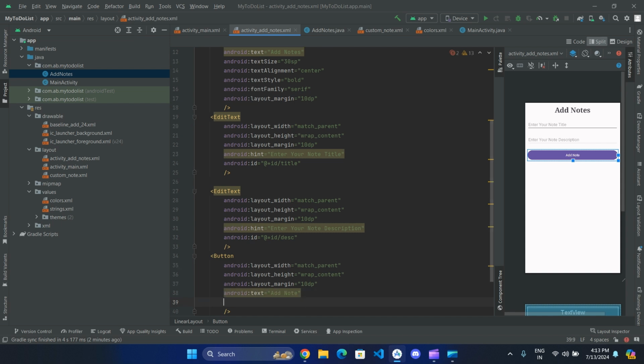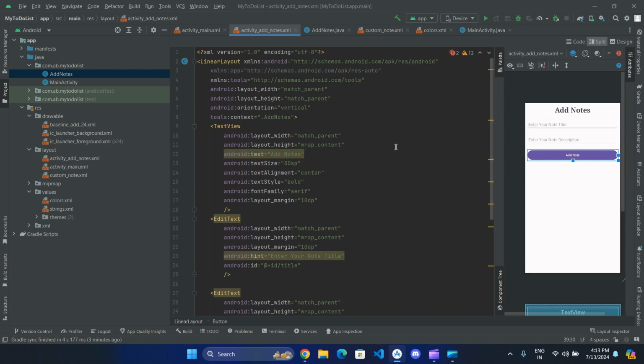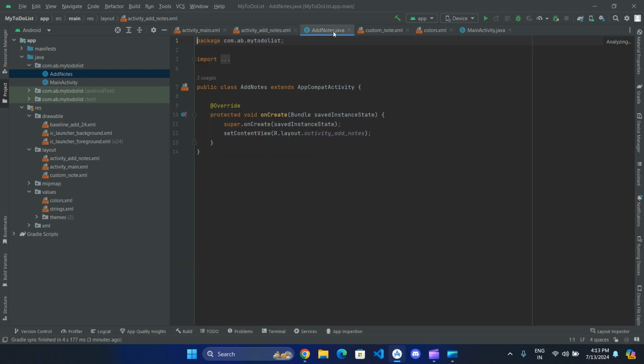Then what we will do, we will set id as add. Okay, so now our basic note adding part UI is done. Go to AddNotes.java, then here create a button,